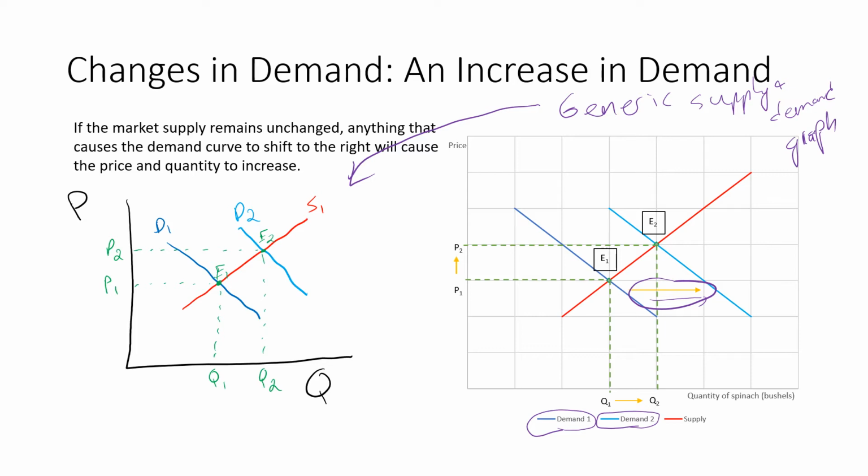When the demand curve shifts to the right, the price will not stay at P1 when we have a supply curve, right? When we have a supply curve drawn, because notice our equilibrium price is going to change. After the shift, the quantity of spinach demanded at the old price of P1 is greater than the quantity supplied. So at our new point here,